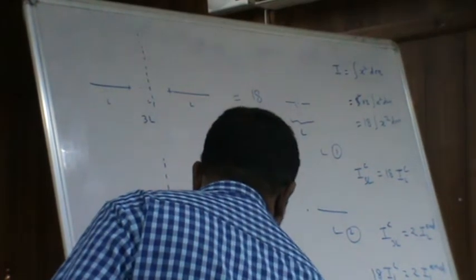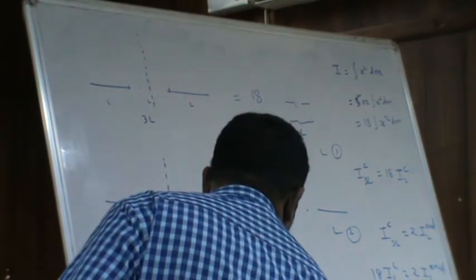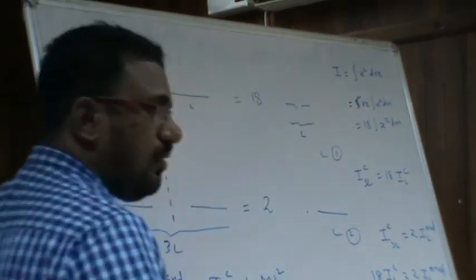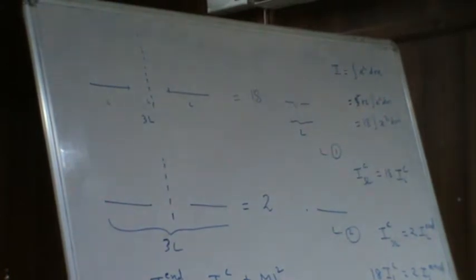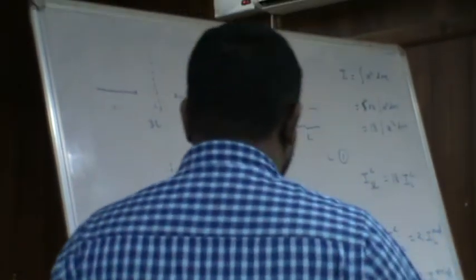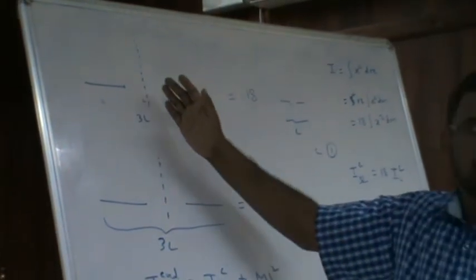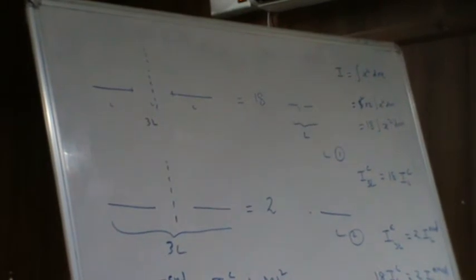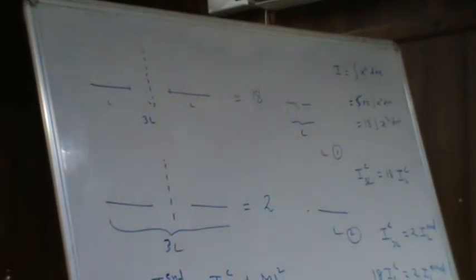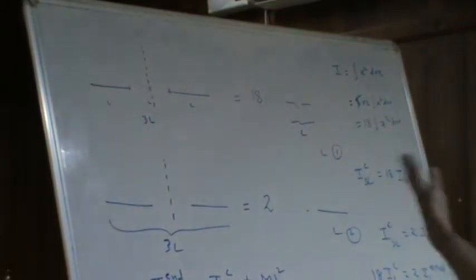So ILC is equal to 1 by 8. If it is not a fractal object, it goes like 1 by 12, and this goes like 1 by 3, which is a greater value compared to that. This is because the distance is bigger, therefore we have a larger value. Now we can compute the dimension of this object.